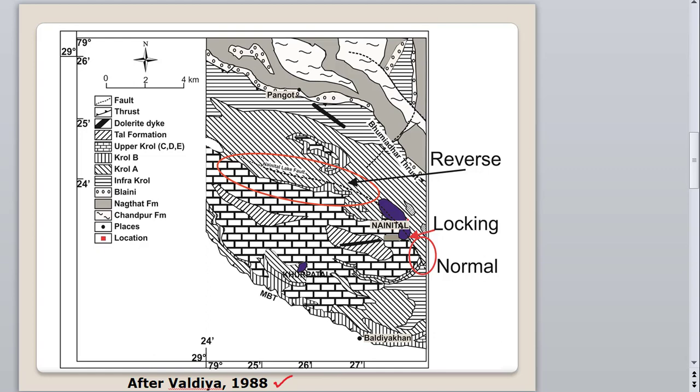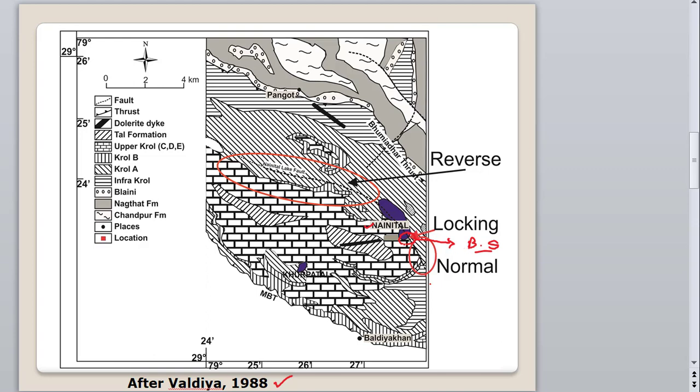So this is a lake. This Nainital region is also known as the Lake City. Here you can see we have a lake, and from the center portion we have a fault. As you can see, this is a dotted line, and this dotted line is a pivot type of fault. Here we have a locking point, known locally as the Nainital bus stand, and local people also call this portion the Dart region.